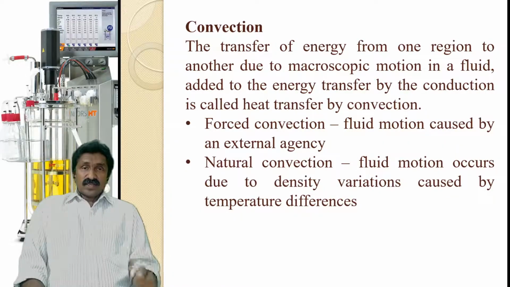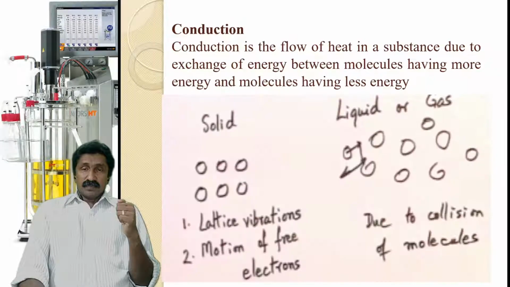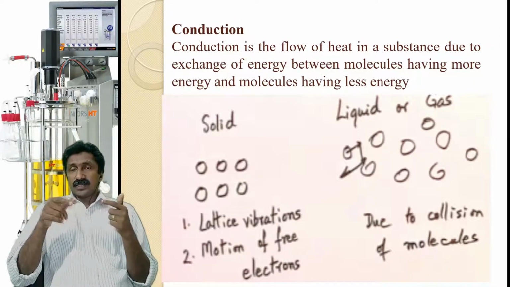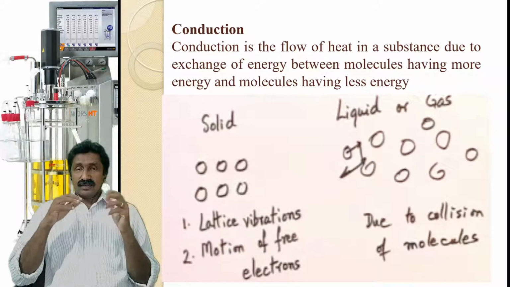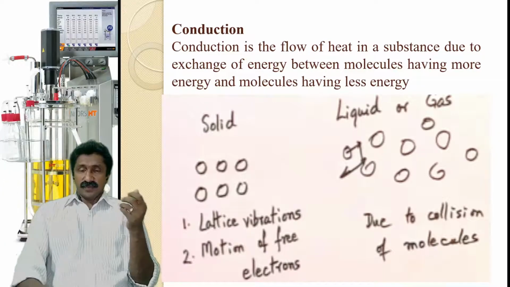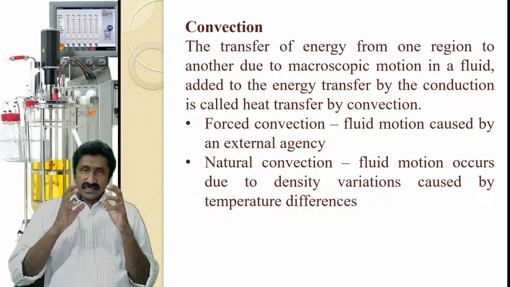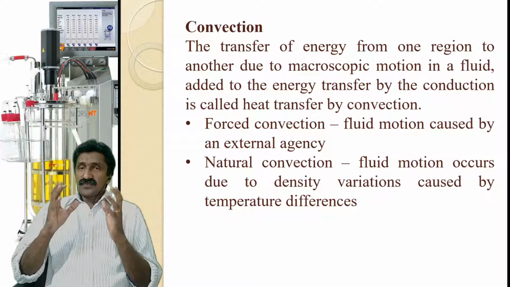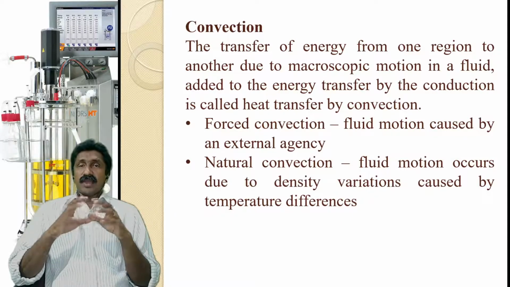Whereas in the case of convection, the main point is that the molecule actually exists on the spot itself. The collision or vibration occurs, but the molecule is not moving far away from that point. Whereas in a convection process, there is a transfer of energy from one region to another due to macroscopic motion